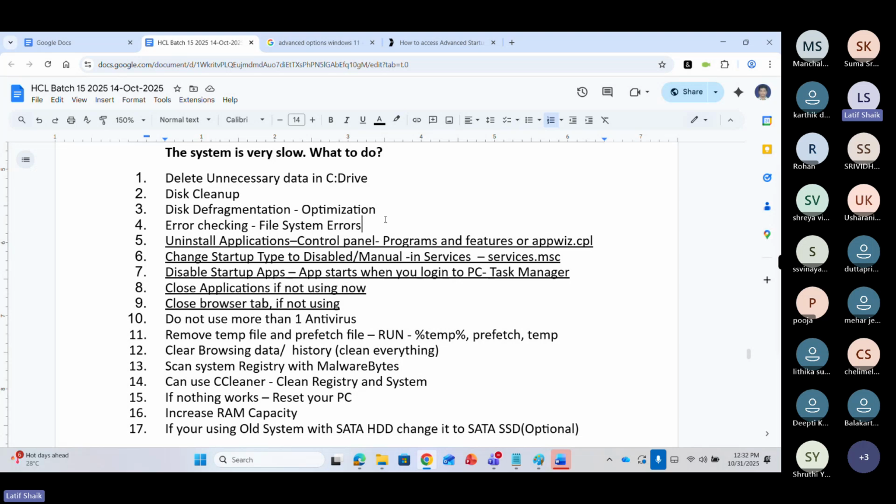But if it is no longer required, not required right now or maybe in the future, then you can uninstall that application. It reduces the burden on your processor, RAM, and resource utilization. Okay, so three points. It is taking time. Next,